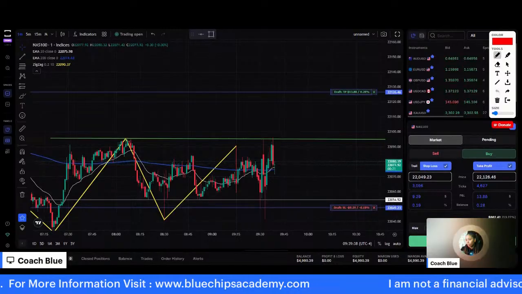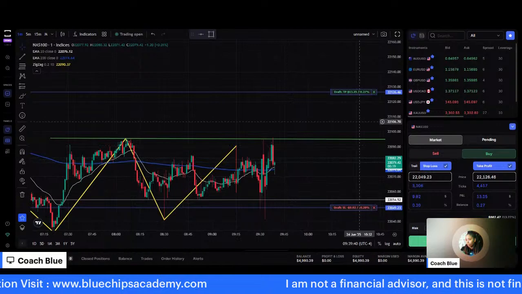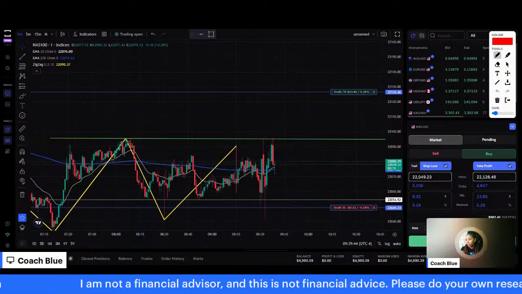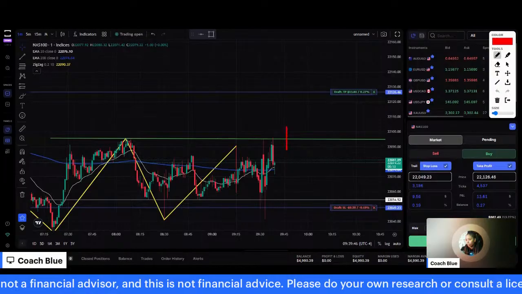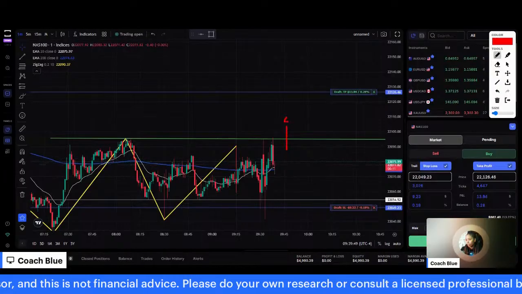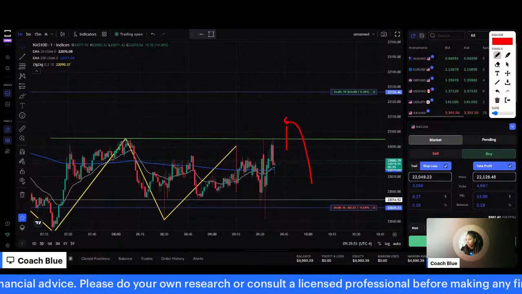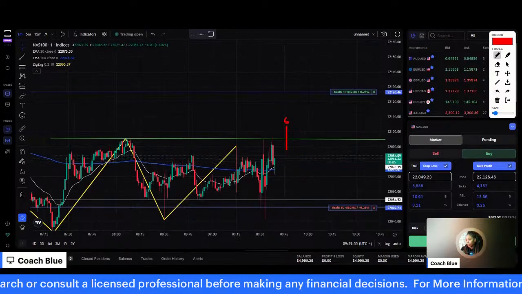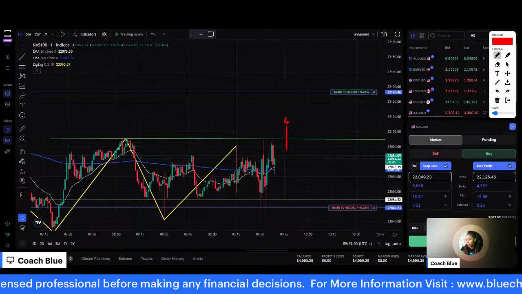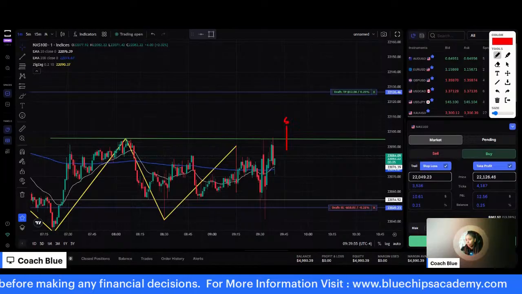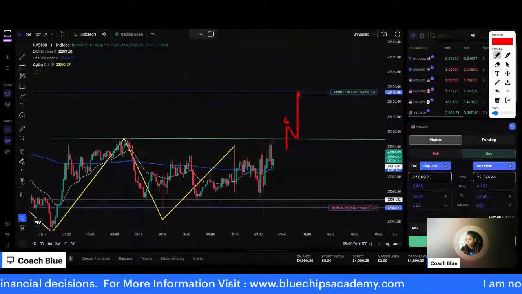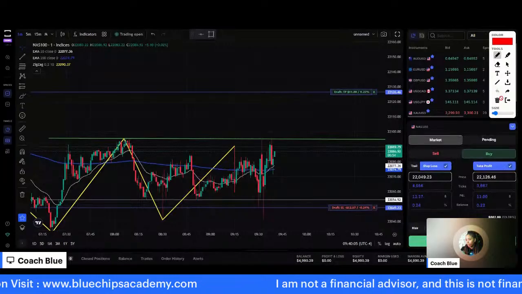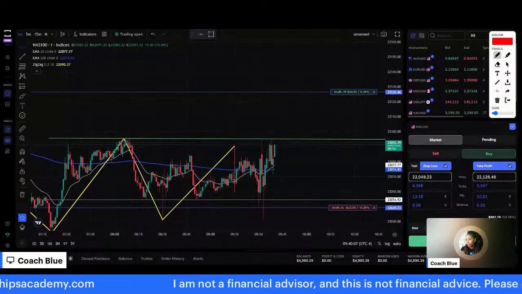So again, we just let it come to us. And this is why we like the BPC, because we get that confirmation. All right, the breakout is fine, but how do we know that there aren't sellers sitting right here to bring the price right back down into the channel, right? That's where that breakout pullback uses it as support, right? And then we get the continuation to the upside. That's our confirmation. All right, so let's look and see what we get here.